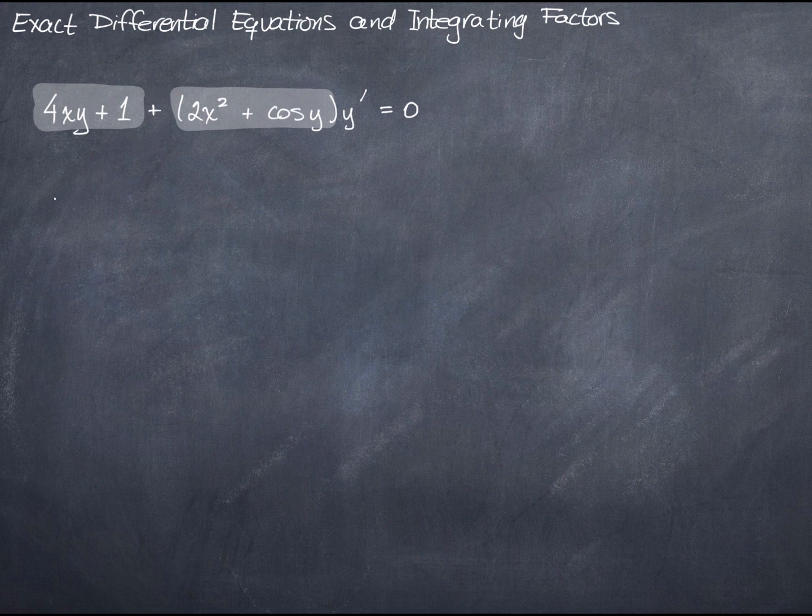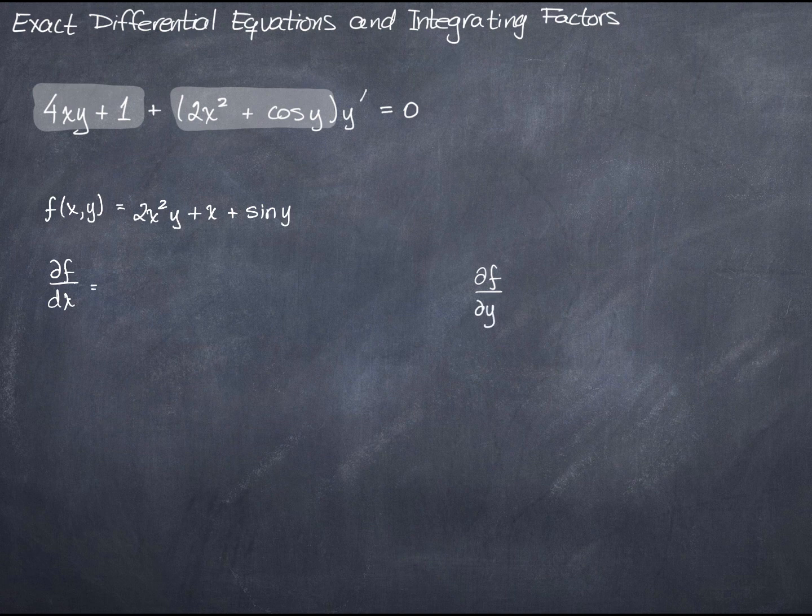The function, this is a different function, the function in x and y called f, I'm going to say is 2x squared y plus x plus the sine of y. And when I take the partial derivative of this function f with respect to x and the partial derivative with respect to y,